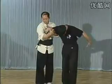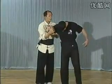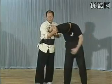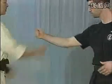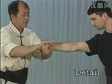And this one you lock right in front of the chest. This will give you a very good leverage of a locking, and at the same time, you keep away from his left hand. Okay. When someone punches you, intercept his right hand, and right away you lock the wrist, the left hand goes